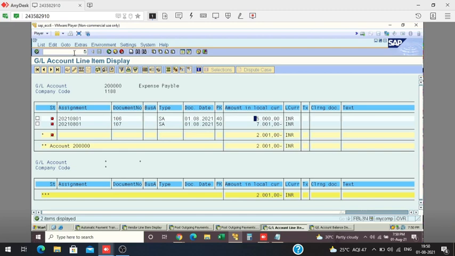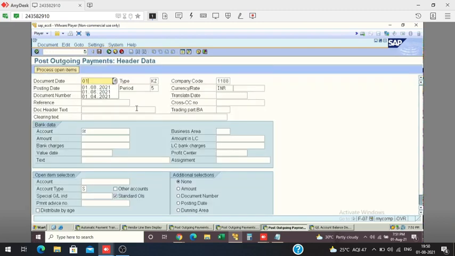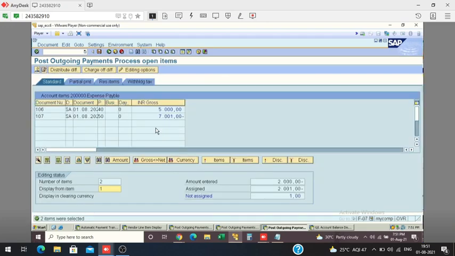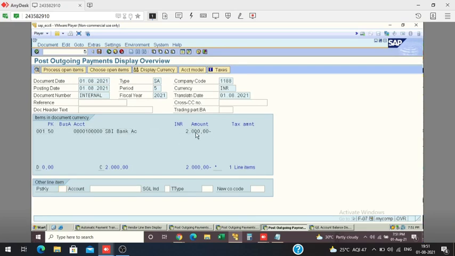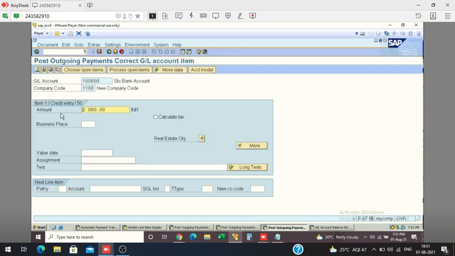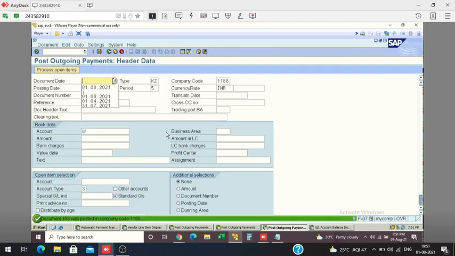Now go to F-07, 01. Account, this one, 2,000. Here process open item. I'm putting all amount, charge of difference. Double click on this, star. Okay, save.